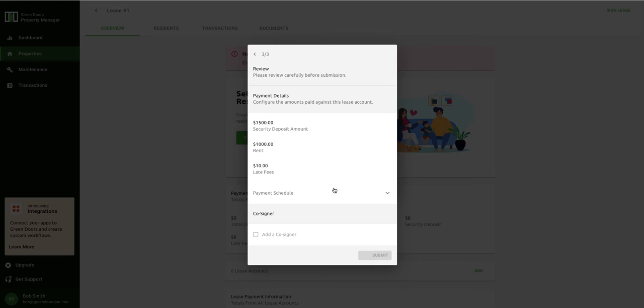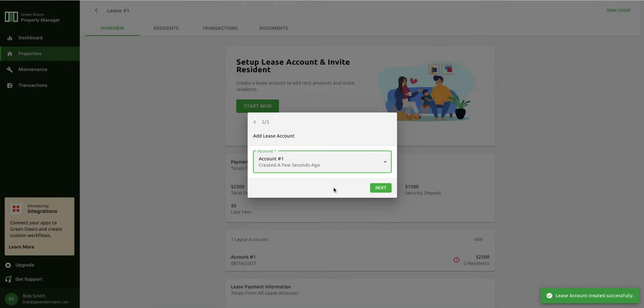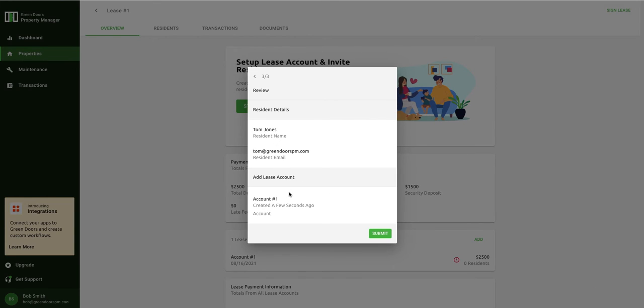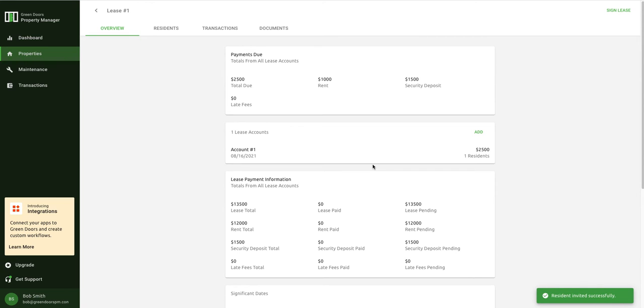Once the account is created, it will be pre-selected for Tom. We'll hit Next, review the information, and hit Submit. When we hit Submit, Tom will be sent an email and be invited to join the Green Doors platform. Once we add that account, we'll see in our lease that we have an account created with one resident so far,